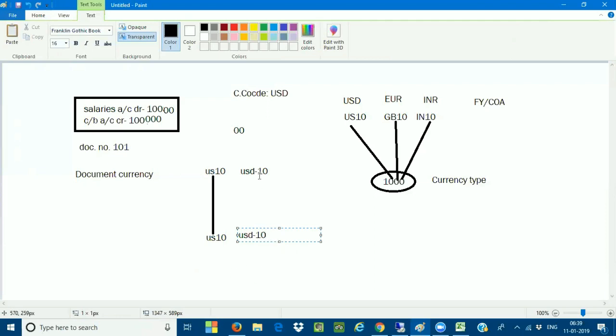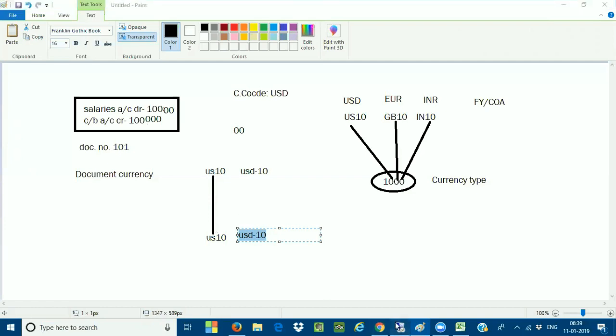So company code currency is same as your controlling area currency because you have a one-to-one relationship. Only one company code is there, so my controlling area currency should also be the same as my company code currency, USD and USD. So what I will select here is currency type 10. This is exactly the setting I want.